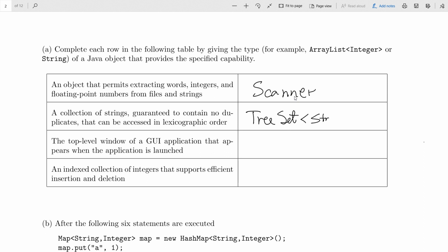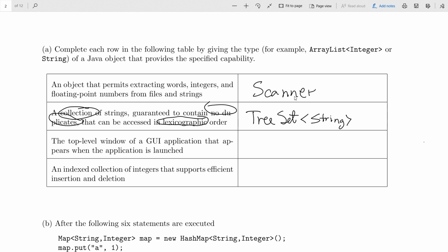Now, what are the clues that we're talking about a tree set here? Okay, so lexicographic order, that's essentially an extension of alphabetical order. That's one clue, and we know that if you're considering between tree set and hash set, tree set would give you the ability to iterate through it in lexicographic order. What makes you think about sets, besides the fact that it says a collection? No duplicates. Yeah, the no duplicates thing suggests that we're talking about a set, and then it's going to be a set of strings, so that's where the string comes from. That makes sense?